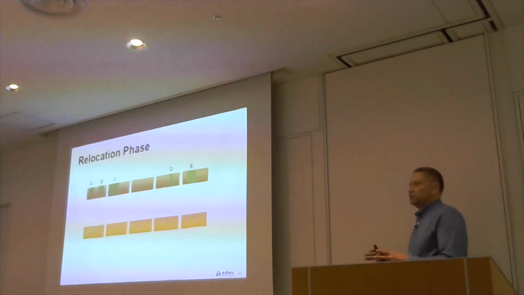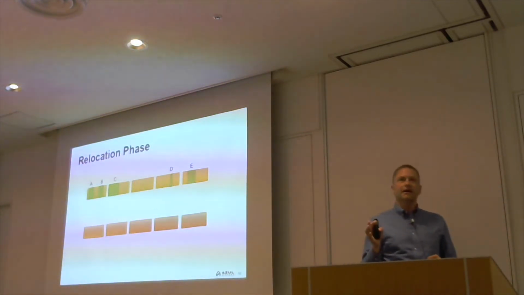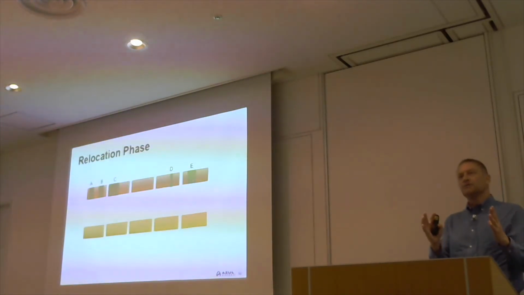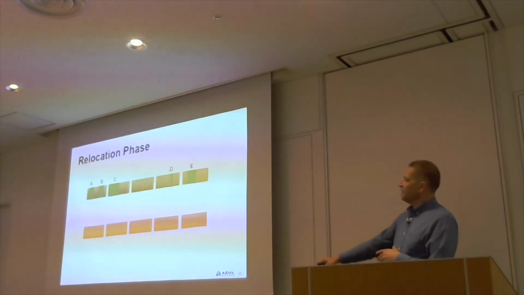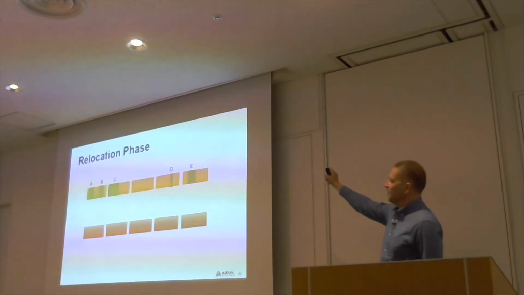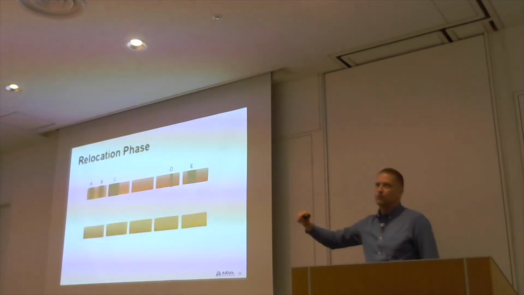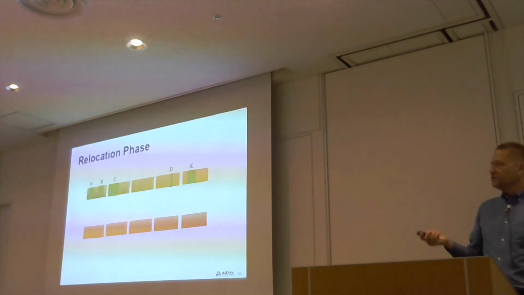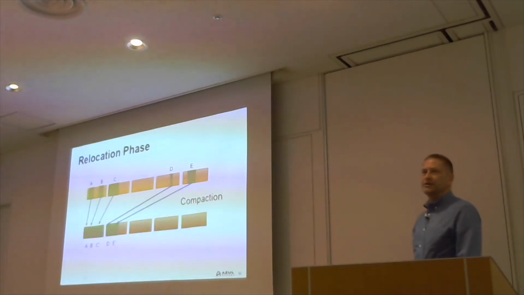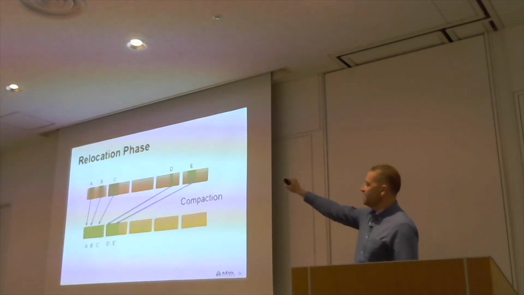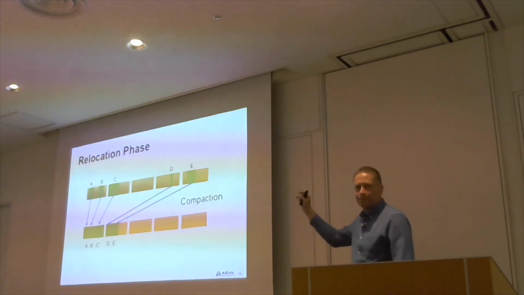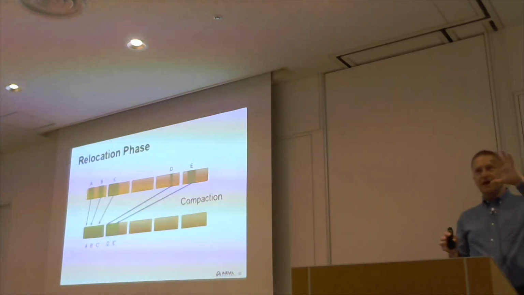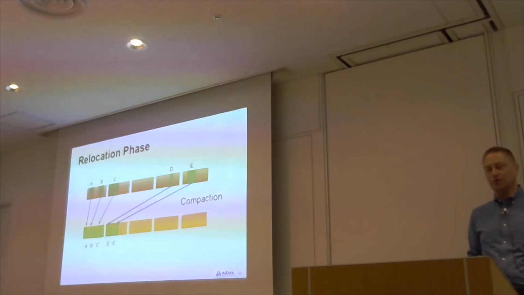Then we have to do relocation. What we're doing here is figuring out how to copy objects around so that we can compact the objects into the smallest possible space. So we have 5 objects, A, B, C, D, E. And what we want to do is copy them into some free pages and compact them so they're all contiguous. To do that, we can clearly calculate values for where we want to position them. So A becomes A prime, B becomes B prime, and so on. That allows us to compact them. So this is the relocation phase. We calculate the addresses of where those things are going to be moved to.